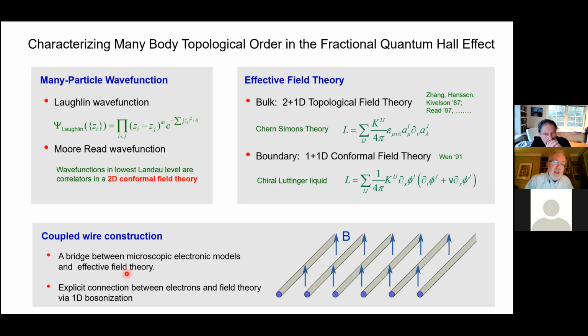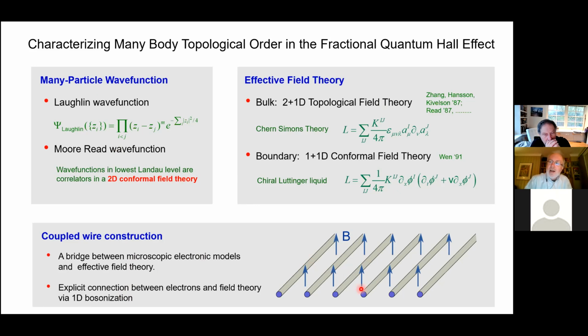What makes this work is the fact that there is a precise connection between the electrons and the field theory in one dimension, which is the subject of one-dimensional bosonization. So this wire construction is going to be a venue where I can formulate a precise theory of these symmetry protected states. I want to introduce you to this wire construction a little bit. The wire model doesn't really teach us things that we didn't already know based on the wave function or the field theory, but it gives us another way of arriving at the same physics. What I want to imagine is I have a bunch of one-dimensional wires arranged in a two-dimensional array like this,